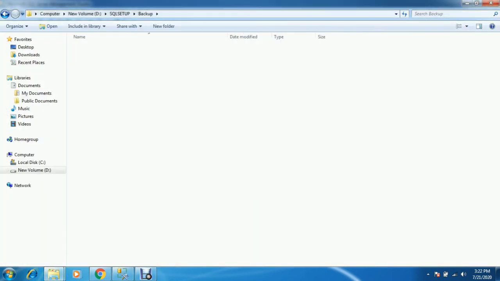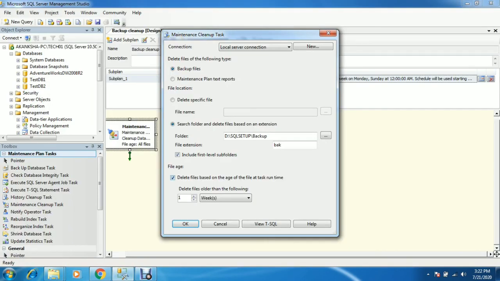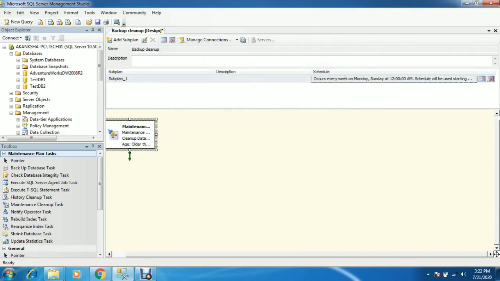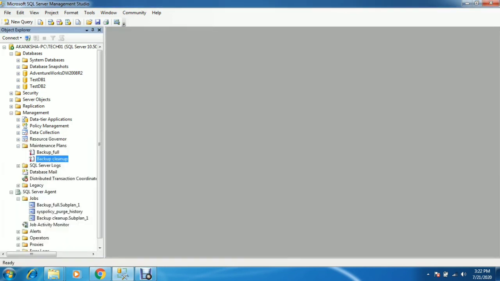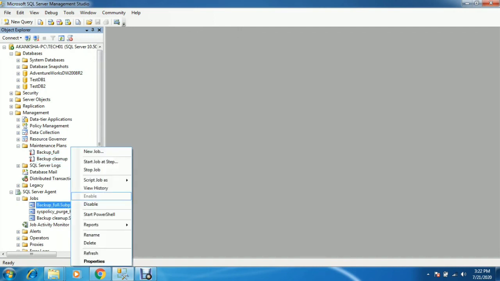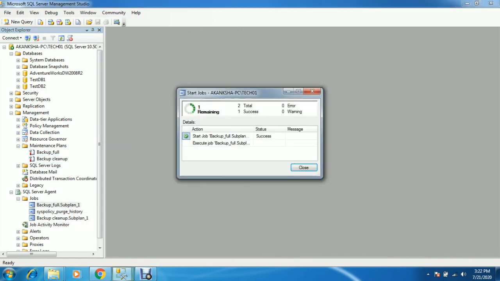So through this way you can cover all the maintenance jobs. It's very easy. You don't need to take the backups and all manually. Just create a maintenance plan and the cleanup job, as well as other maintenance plans for the databases. See, let me take another backup.